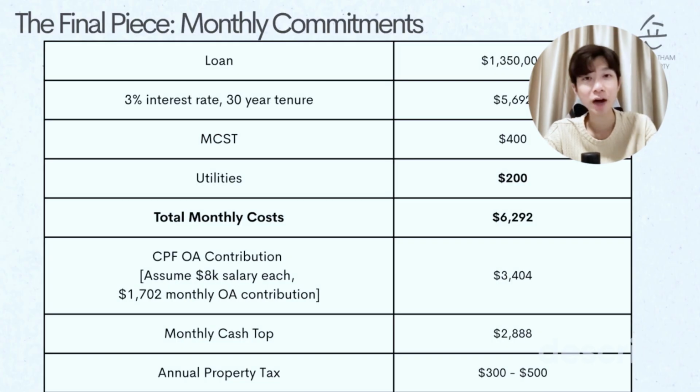Finally, let's talk about life after you get the keys to your new condo. So your monthly running costs will be different. You have your new monthly mortgage payment. On top of that, condos have a monthly maintenance fee, which is what we call MCST fees, plus your usual utilities. So for a $1.8 million condo, assuming an interest rate of 3% over a 30-year tenure, your monthly mortgage will be about $5,692. Adding on your MCST of about $400 and your utilities of about $200, your total monthly cost will add up to about